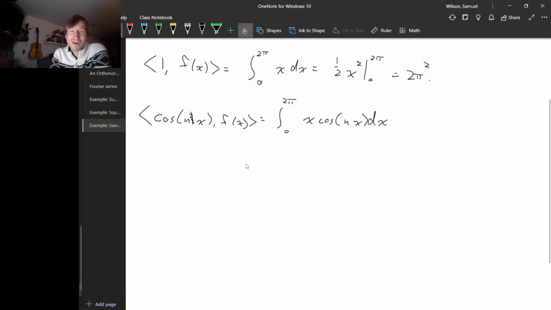Use integration by parts. So this is going to give us, let's see, we're going to differentiate this one and integrate this one. So we're going to get 1 over n x cosine, sorry, sine nx from 0 to 2 pi